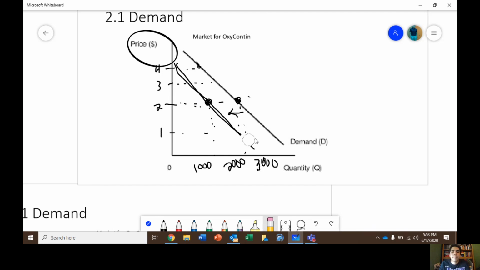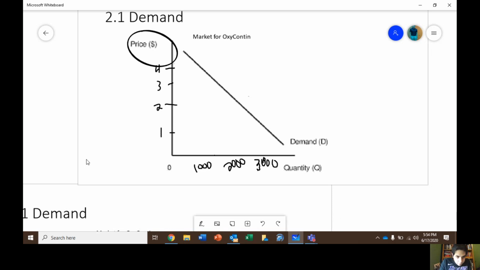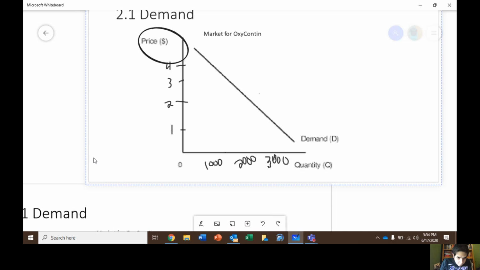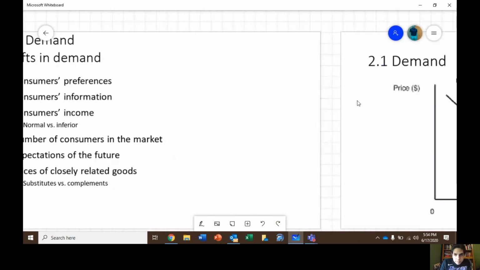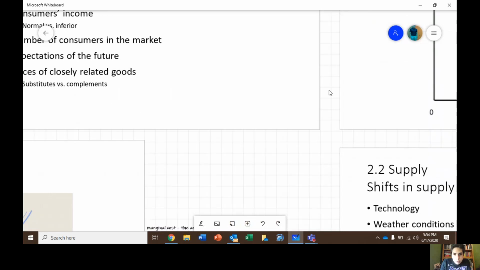Okay. So we see how shifts work. Rightward shifts would be greater demand, leftward shifts would be less demand. Other things as well, let me think of maybe another example. Okay, we're good there. Overview, shifts in demand,